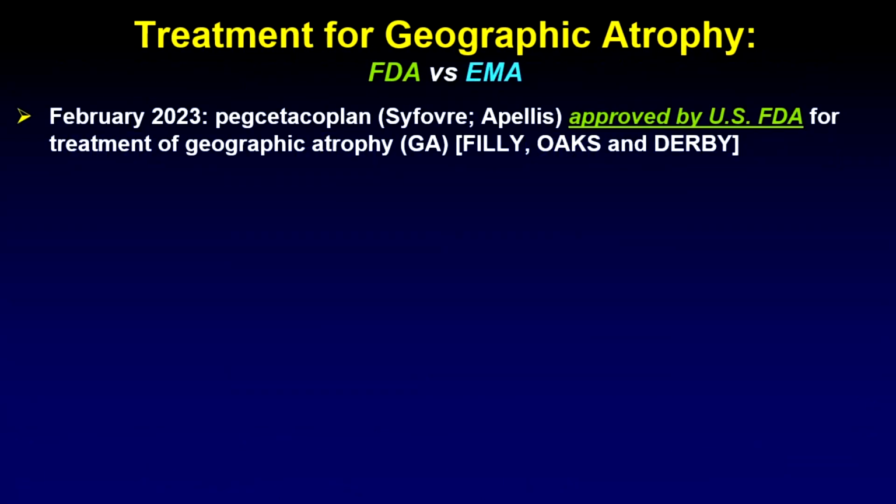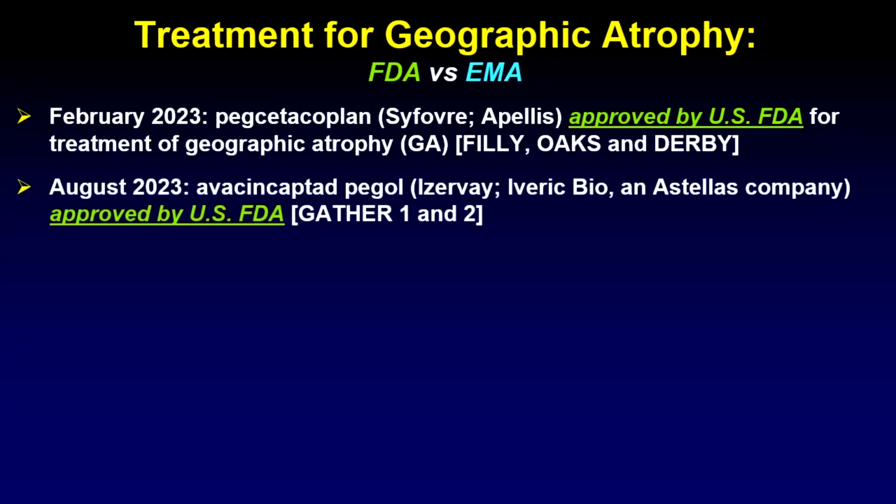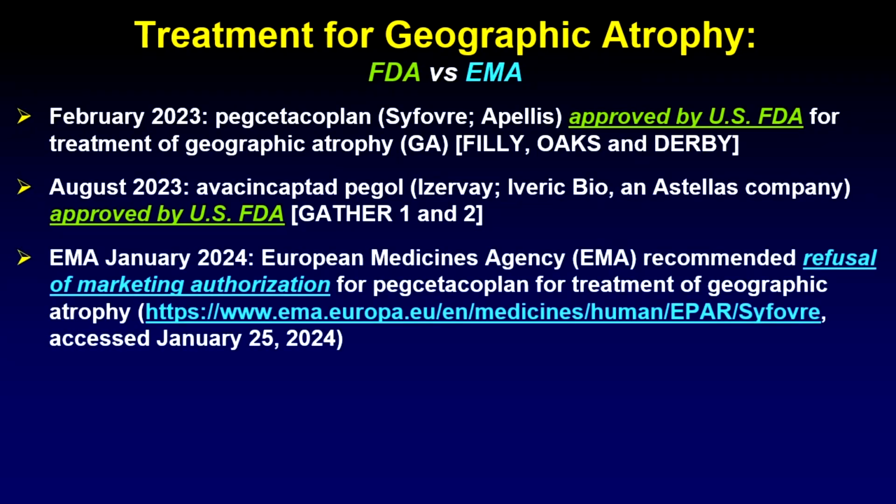So there was general excitement when the FDA approved pegcetacoplan in February of 2023 for the treatment of geographic atrophy based on several randomized clinical trials. And then in August of 2023, avacincaptad was approved by the US FDA as well based on the clinical trials of GATHER1 and GATHER2. And yet, just a few months later, the European Medicines Agency